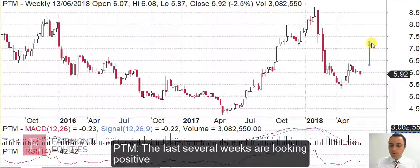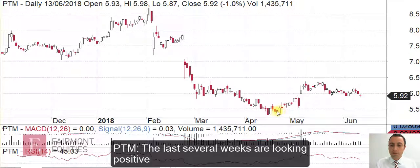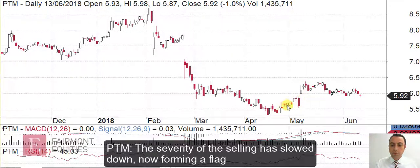Platinum Asset Management, so we've got a fairly decent sell-off. That's pretty clear on the chart from earlier in the year. But in the last several weeks, it has looked fairly positive. So there's a nice rally here from late April, early May. And then in the last few weeks, it has been easing back, but you'll notice that the sell-off in the last few weeks is nothing compared to what it's copped earlier in the year. So starting to look a bit more positive,